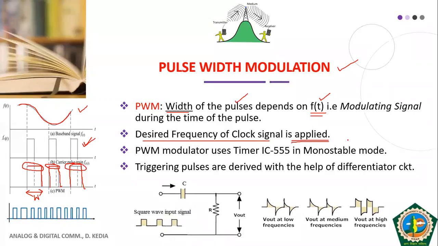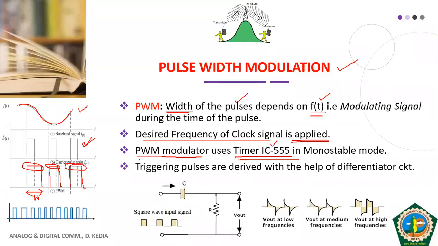Fine. So the pulse width modulation or PWM modulator circuit uses a special IC that we call the timer IC, and its number is IC 555. Maybe you have studied the working of this timer IC 555 in your previous semester classes, or maybe in the present semester classes also. Still, I'll try to cover the main concept of IC 555 first, so that you are able to understand the generation of PWM using IC 555.